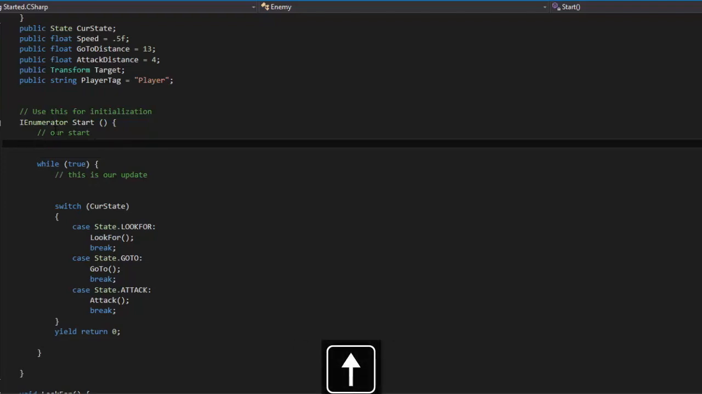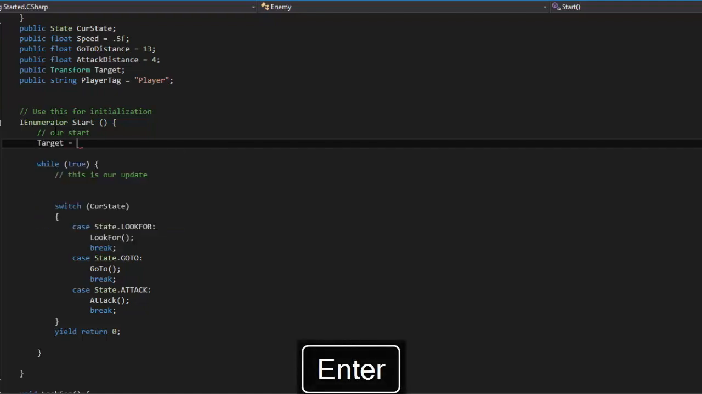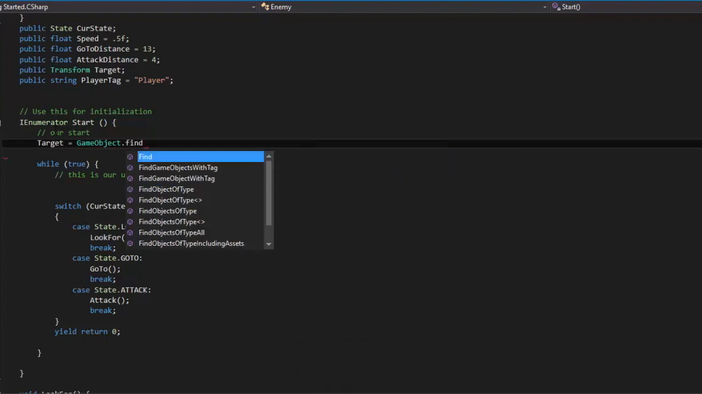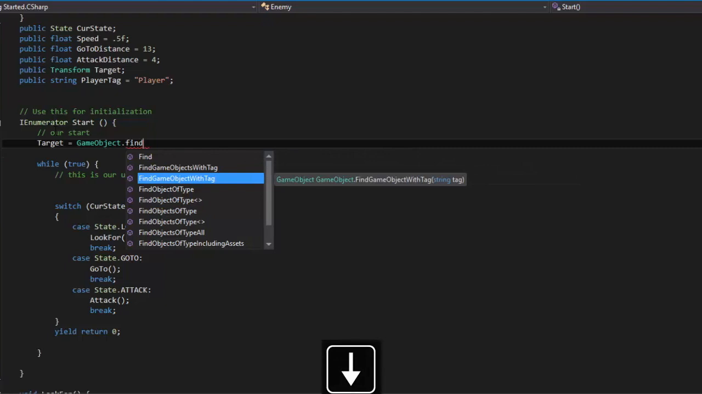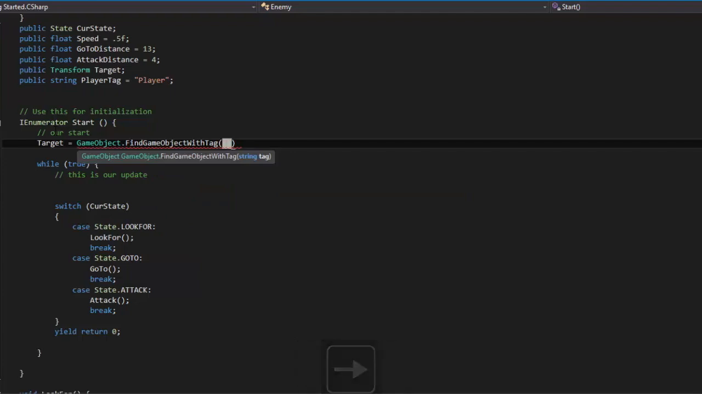So let's assign our target. Target equals, and what does it equal? It equals a game object, a capital GameObject, since we are specifying something, dot FindGameObjectWithTag right here. And what tag are we trying to find? We don't need the quotation marks, because we're just calling this string here. So player tag,